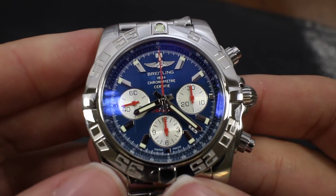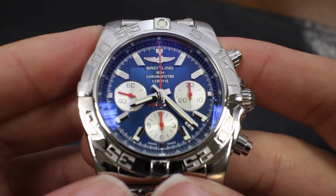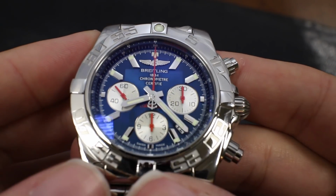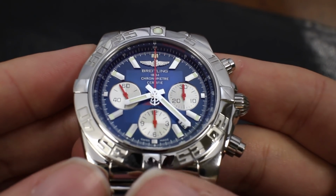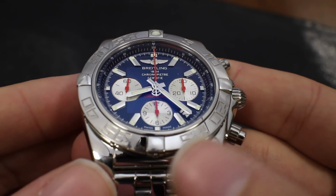Today we're going to be taking a look at the Breitling Chronomat. In particular, this is a special edition. This is, I believe, one of about 200 pieces for the US market, and as part of that you get that beautiful blue dial. I'm over again visiting my friends at Bernard Watch,